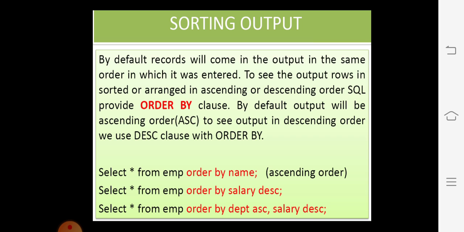My dear children, look at the example. SELECT * FROM EMP ORDER BY name. So, the compiler automatically goes to the column name, then rearranges all the records in ascending order, that is A to Z. Then it displays them to the programmer. Look at the next one. ORDER BY salary DESC. That means the salary will be displayed in descending order, that is, largest to smallest.